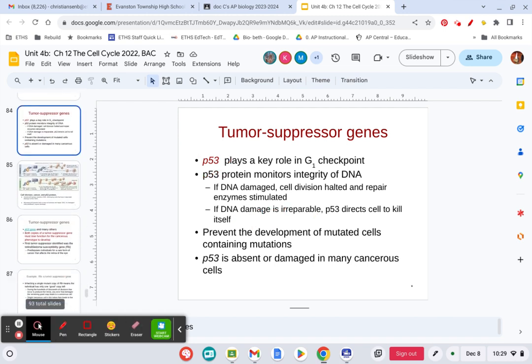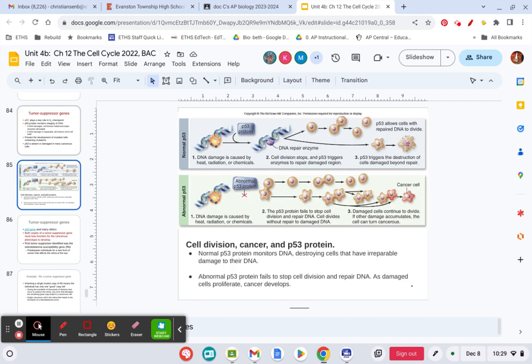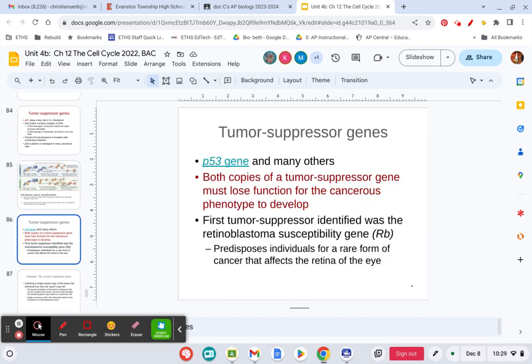There we go. Let's try that. So this picture is just showing that in the bottom here, you can see that some of these cells are just messed up, and they're actually not cancerous yet, but then something happens, and now they don't abide by the cell cycle at all. Tumor suppressor genes are just one of many that control the cells and keep them from going forward when they shouldn't.